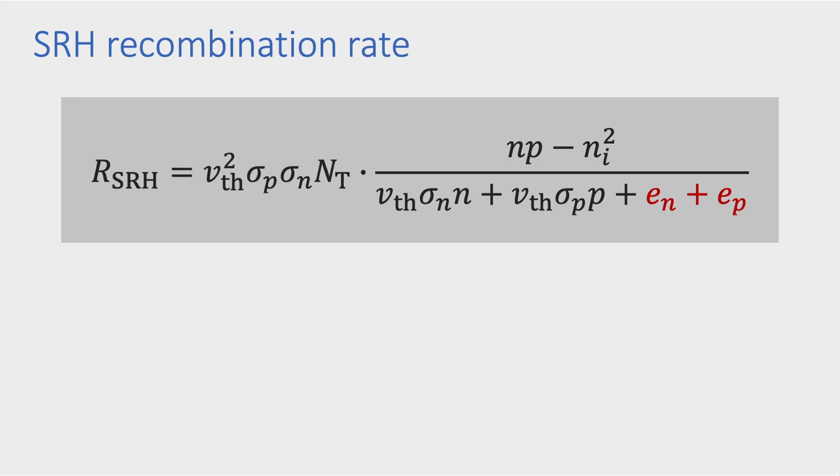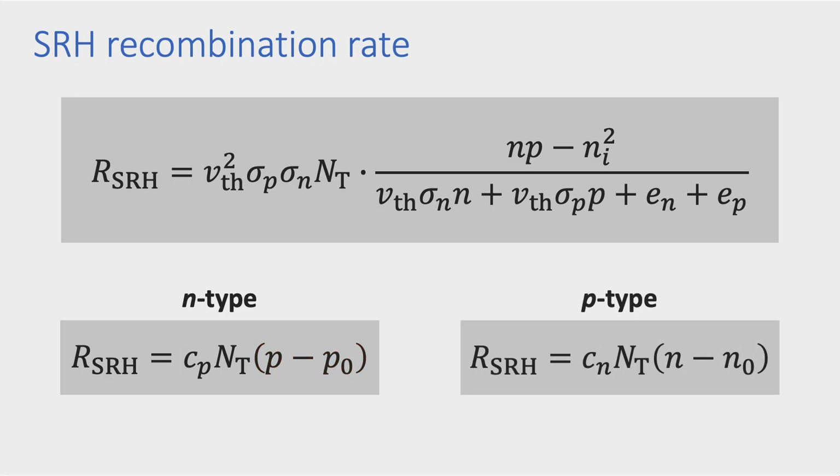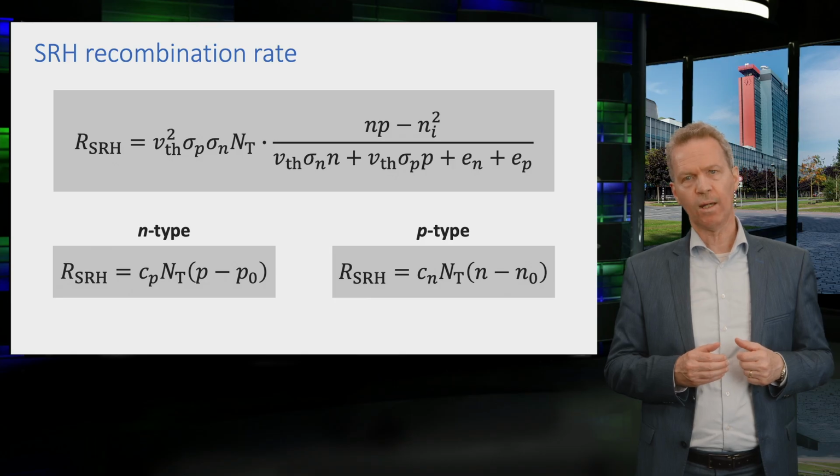We can simplify this equation by combining most of the terms into a capture coefficient. All the red expressions are combined into a capture coefficient, leaving us with a much simpler expression. For N-type material, we are then left with three terms in the equation: the hole capture coefficient Cp, the trap density Nt, and the excess hole concentration. The same equation is true for p-type material, where p and n are interchanged, resulting in the electron capture coefficient